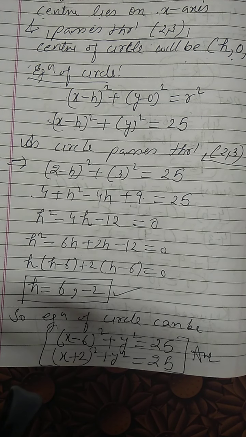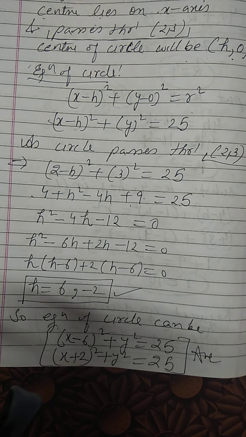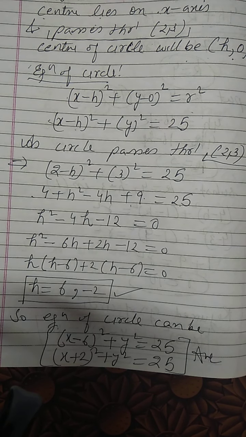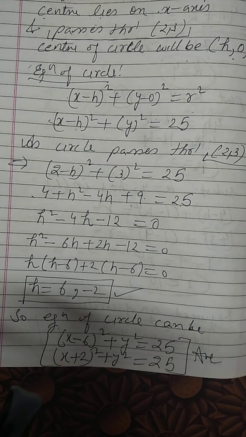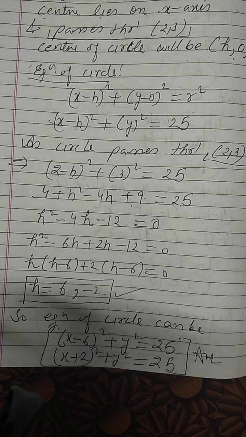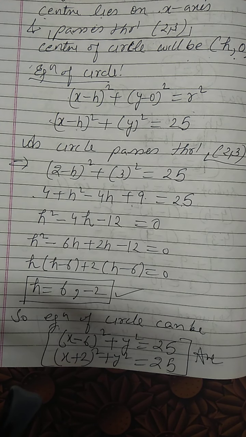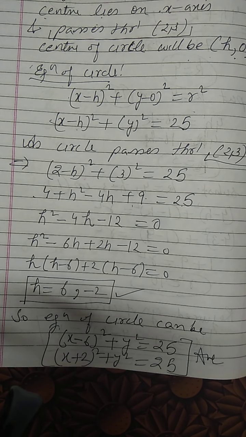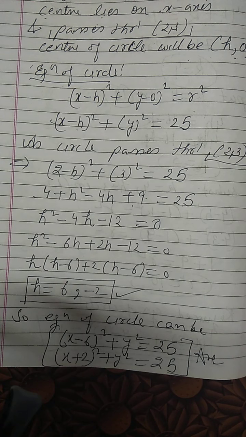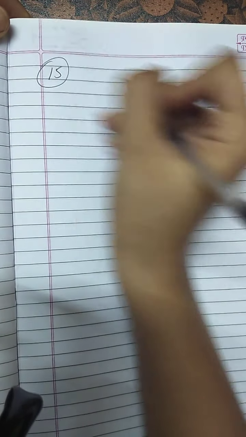And sum number 15, does the point lie inside, outside or on the circle? How will you get that? You know, if I just apply the distance formula between the point and the center, right? And if it is coming more than radius, it means it is lying outside the circle. If it is coming less than radius, it is lying inside the circle. If it is equal to radius, it is lying on the circle. Okay, so let us discuss that. So let us discuss 15 here.